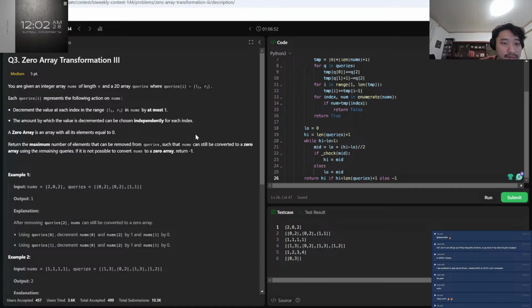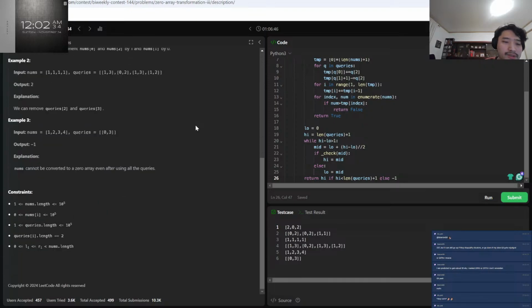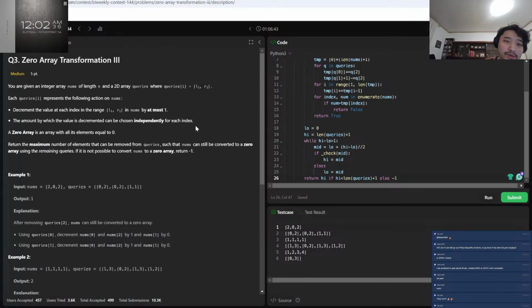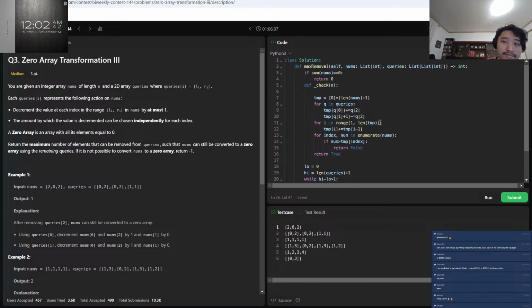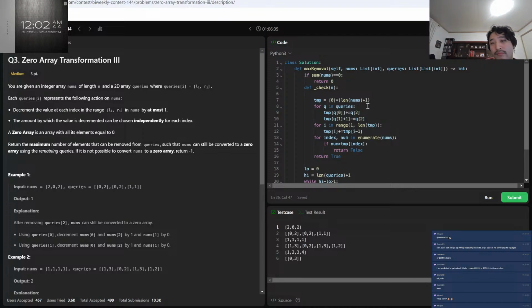But yeah, maybe this simply wouldn't work with a binary search. Because this checks